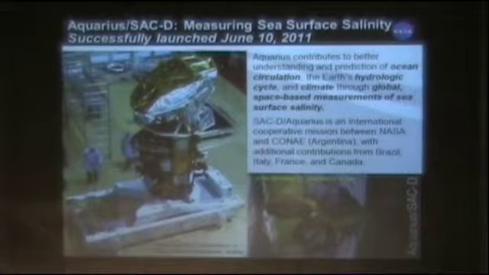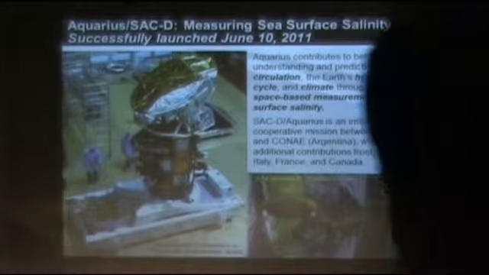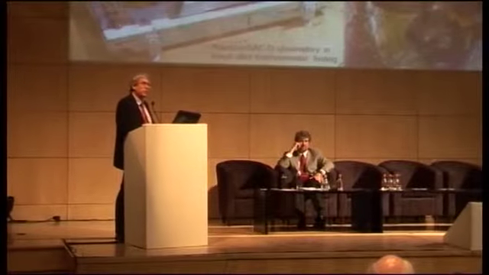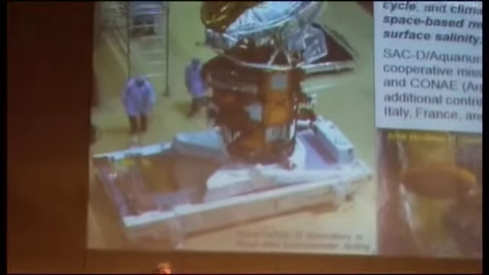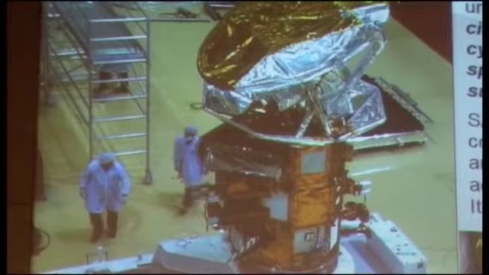Our very latest launch, the Sakti Aquarius mission, is a classic example of joint hardware collaboration. Aquarius Sakti is a collaboration primarily between NASA, the U.S. Space Agency, and CONAE, the Argentine Space Agency, with a particular focus on measuring sea surface salinity, a key quantity both for oceanographers, because salinity affects density, and density drives a whole lot of ocean circulation,